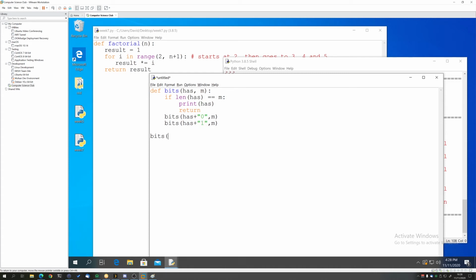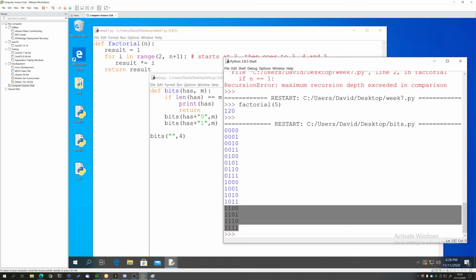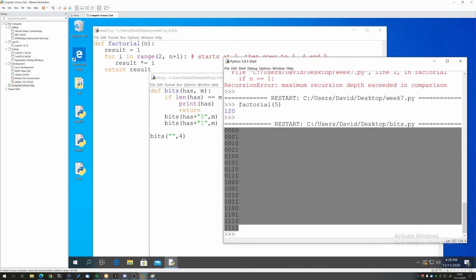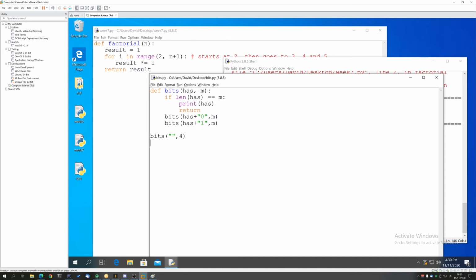So now that we have that, we can say, all right, we're starting with nothing, and let's say we want to give it 4. As you can see, this generates every single variation possible. That's good. All right, so then let's move on to some practice. Here's a list of practice questions. We're going to be taking up the first 2, hopefully 3 in class. And then the other 2, I would like you guys to do for homework.